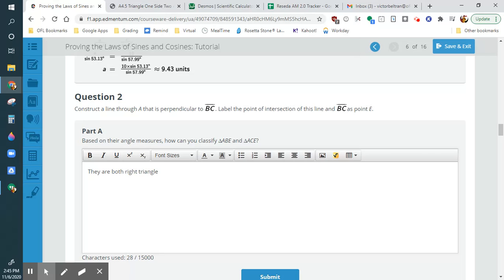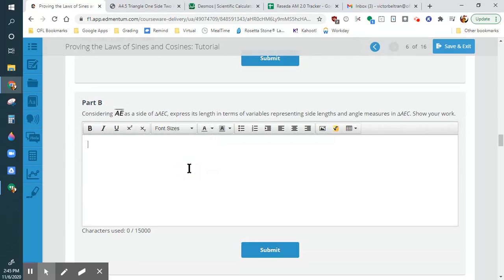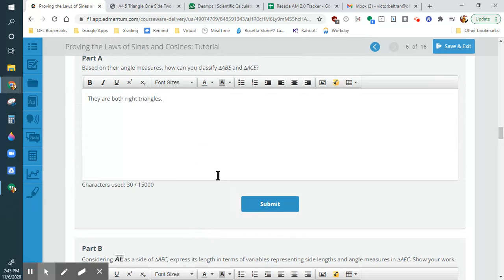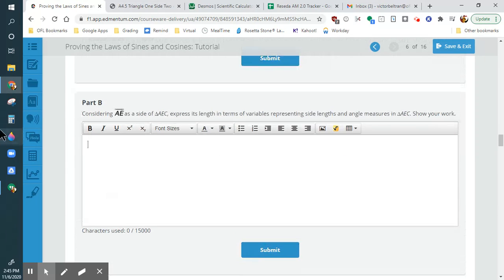And our goal basically is to prove the law of sines. So that's why we keep using right triangles, because as of yet we only know how to use trig functions using right triangles. So considering EA as a side of this, express it in terms of